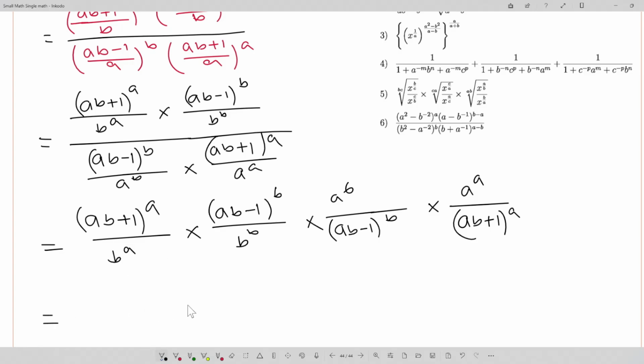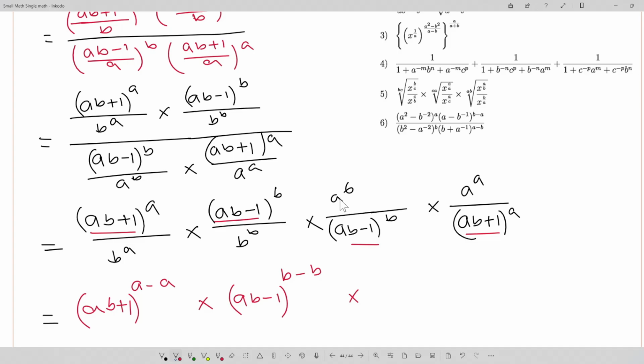Now is there any similarity? Look, here is (ab plus 1) and here is (ab plus 1), so we can write this one like (ab plus 1) to the power a minus a times here is (ab minus 1), (ab minus 1), (ab minus 1) to the power b minus b, right, times here is what, a to the power b,